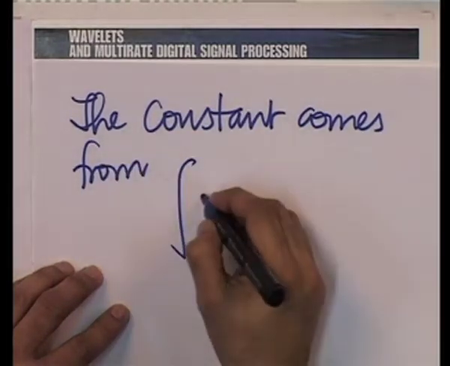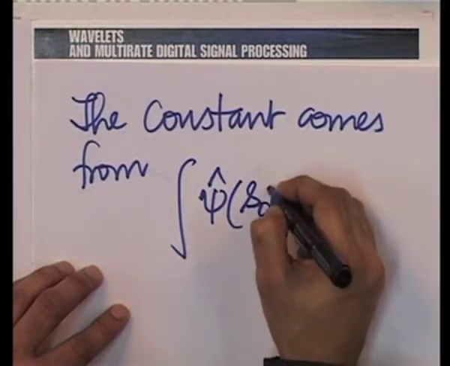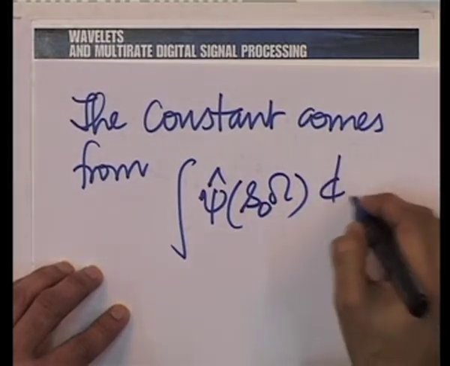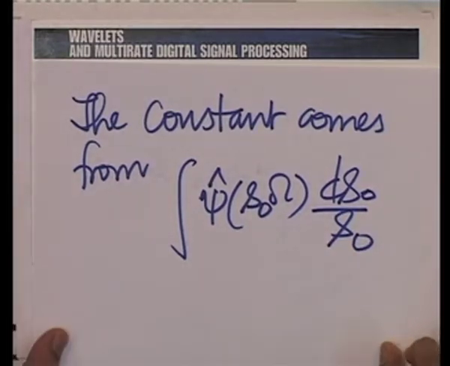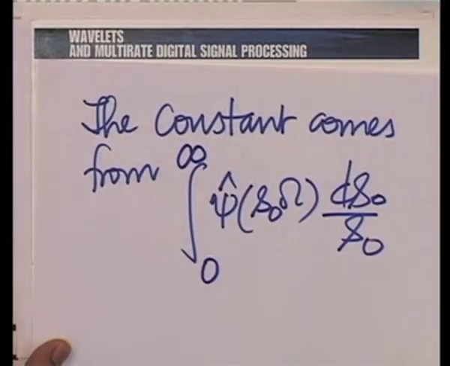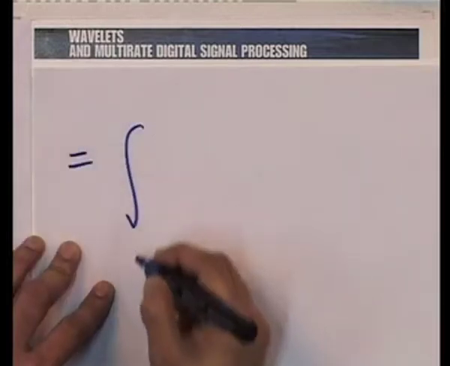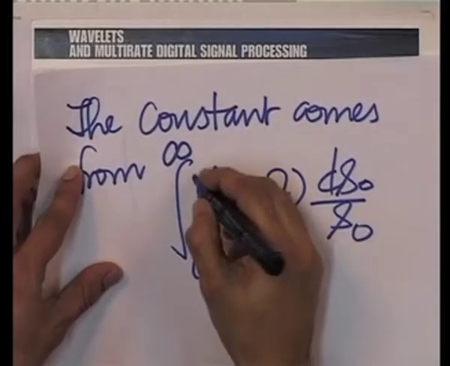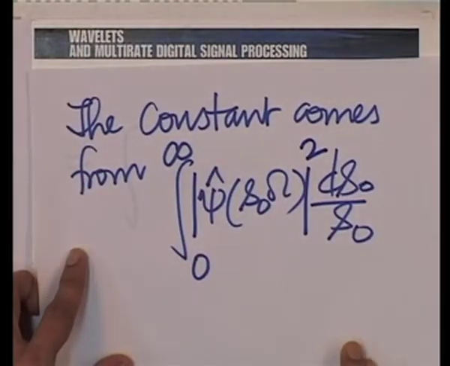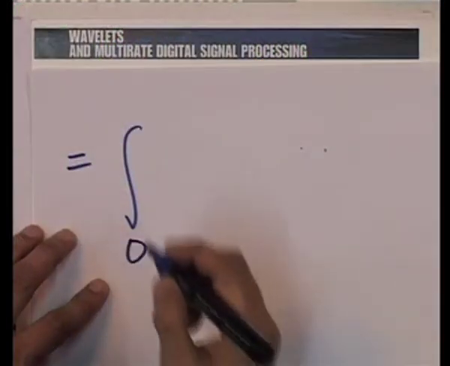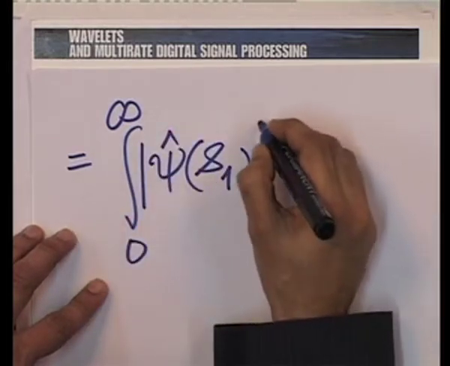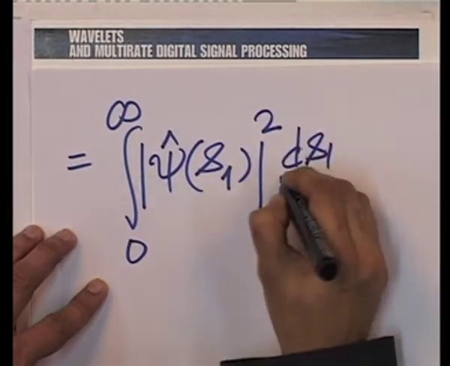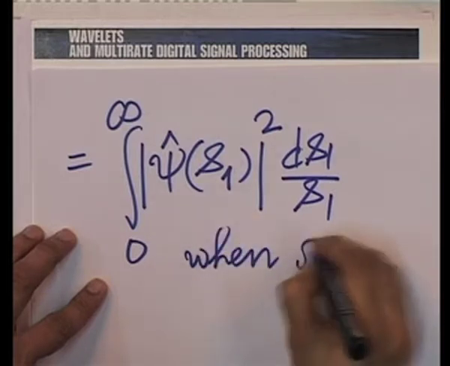integral psi cap S naught omega, mod squared of course, dS naught by S naught from 0 to infinity, which boils down to essentially mod psi cap S1 squared dS1 by S1 when omega is greater than 0,